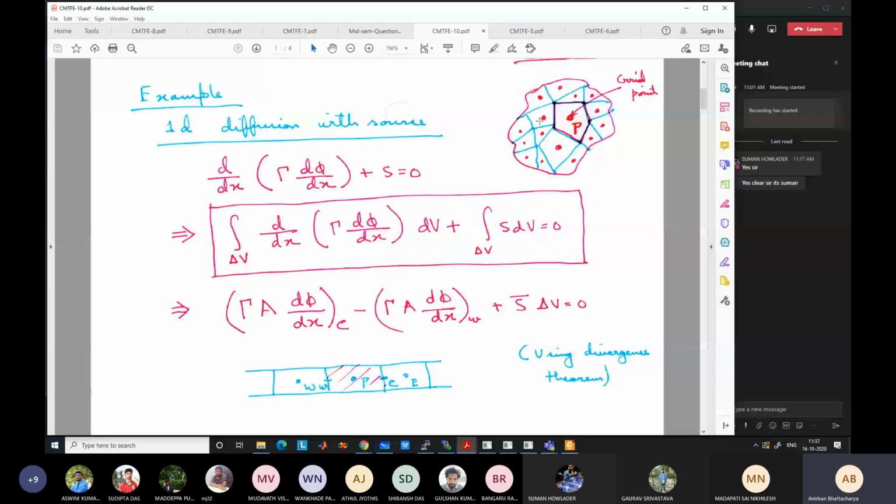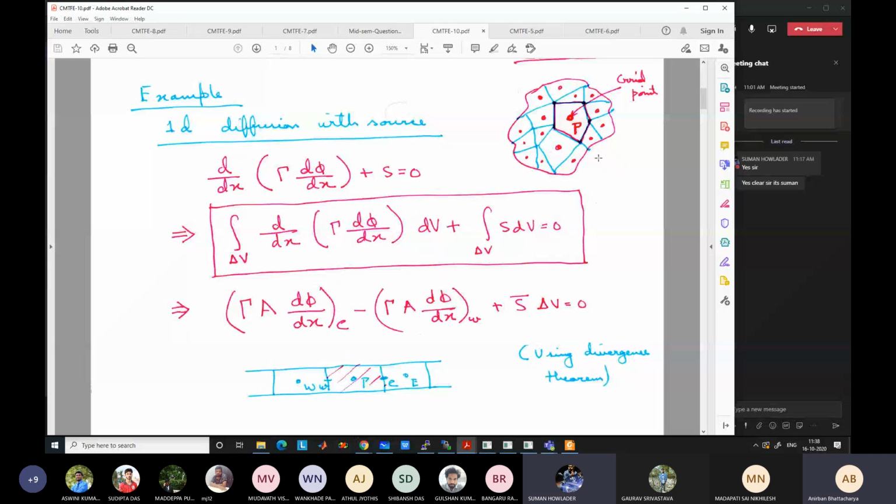Typically at its centroid. It need not be at the centroid, but for our course, let us assume that it is at the centroid. So if there are 15 control volumes, there are 15 grid points, and properties are represented at these 15 points. Okay. If you have 1,000 control volumes, you will have 1,000 grid points. For each control volume, one point. But if you divide it into 1,000 control volumes, what will be the size of the control volumes? Because you are dividing into a large number of control volumes and the total domain size is fixed, each control volume will be very small in size. So what will happen? The accuracy will improve.